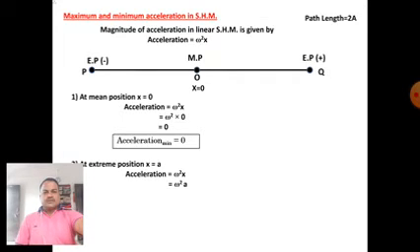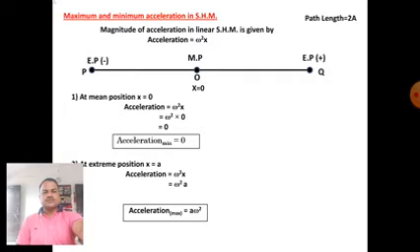So this is some value of the acceleration here, and here acceleration is equal to 0, here some value will arise. So therefore this is the maximum as compared to the minimum acceleration. So this acceleration is called the maximum acceleration. So this is the total article, or total derivation, related to acceleration.